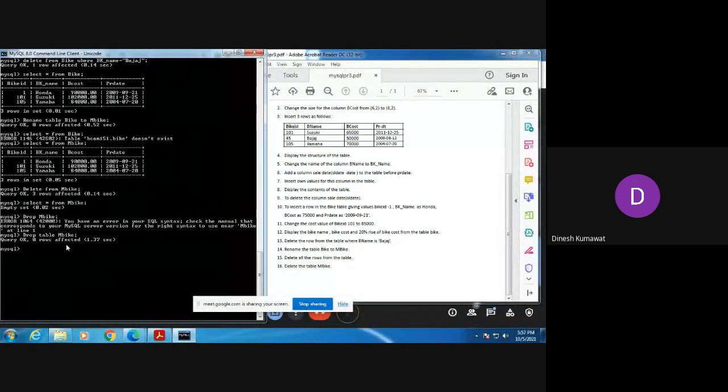Now let me show you what happens when I use select star from mbike. We are getting an error because there is no such table in my database now, because we have already dropped that table using this drop table command.